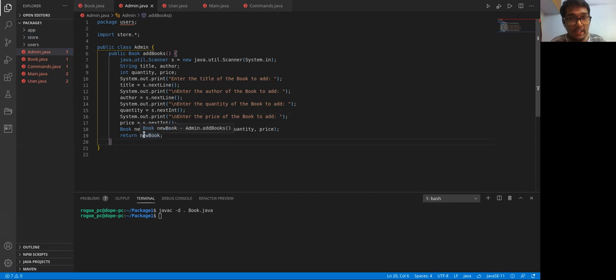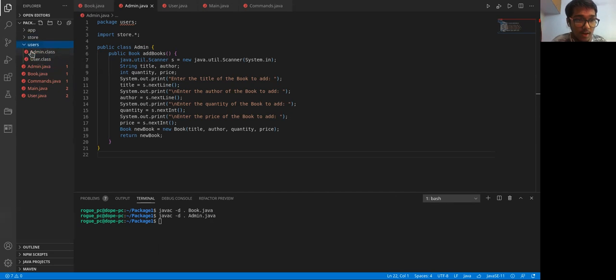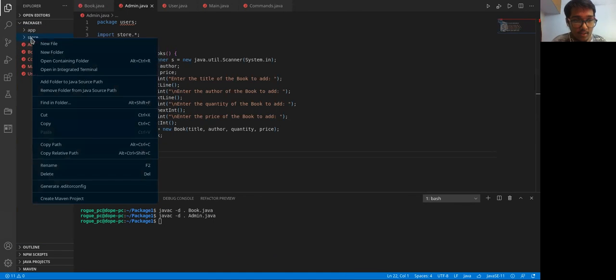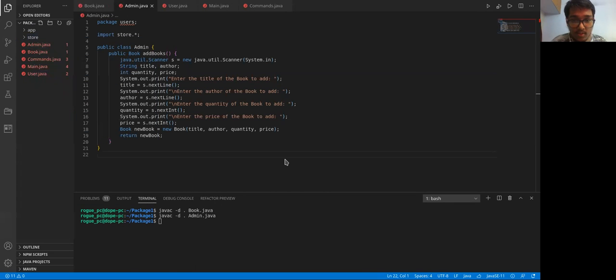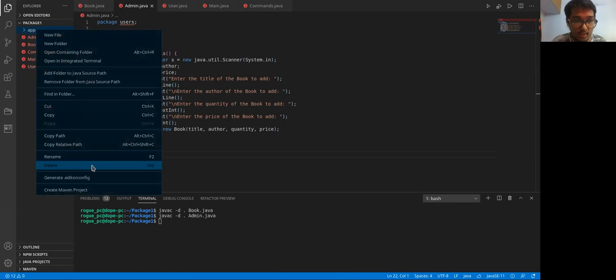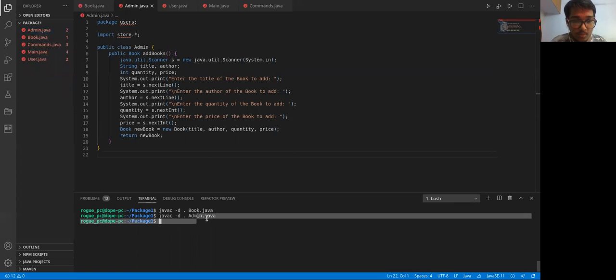Later we'll see how we use this. This is actually a function for the admin user to add books. After making this, we will just compile admin.java to make the respective admin class. For your reference, I'll delete this entire thing so that I can show you how everything works. Let's delete this. First was